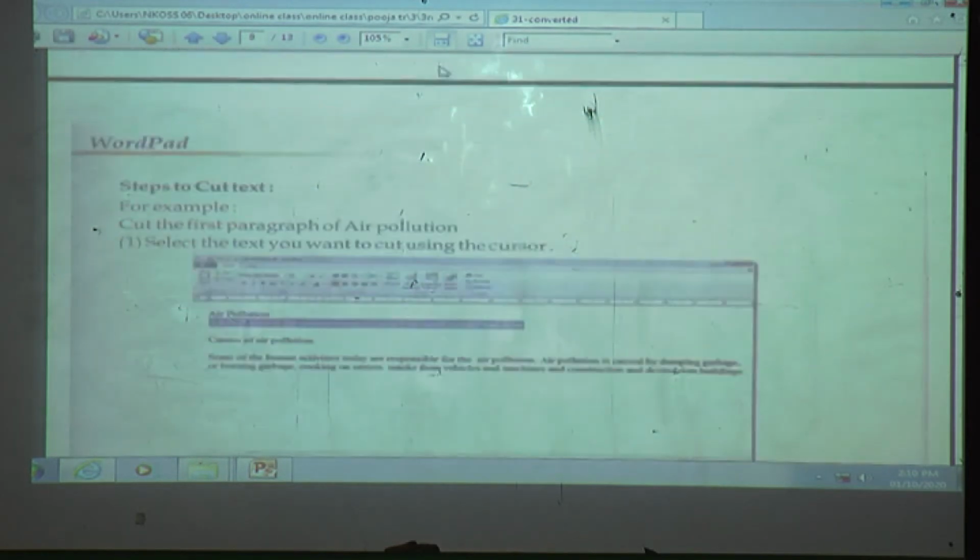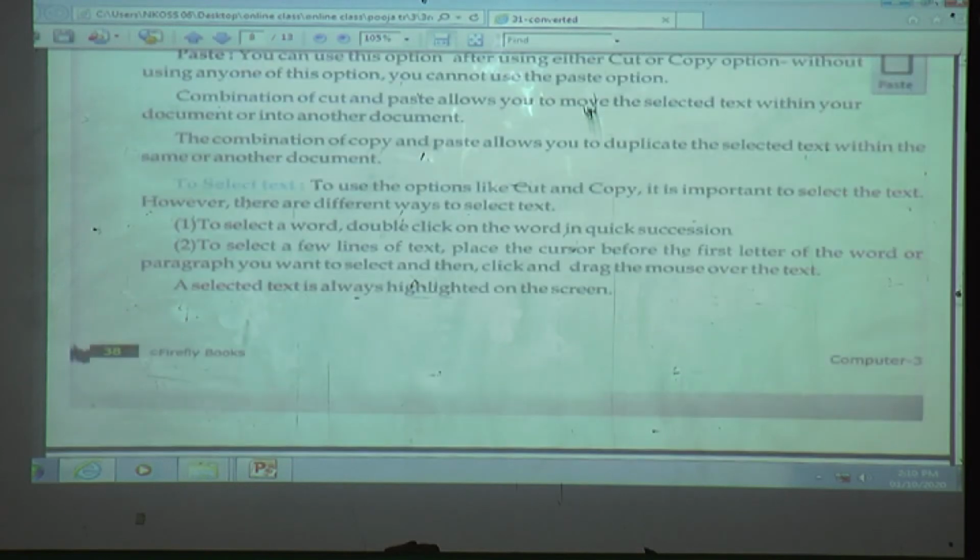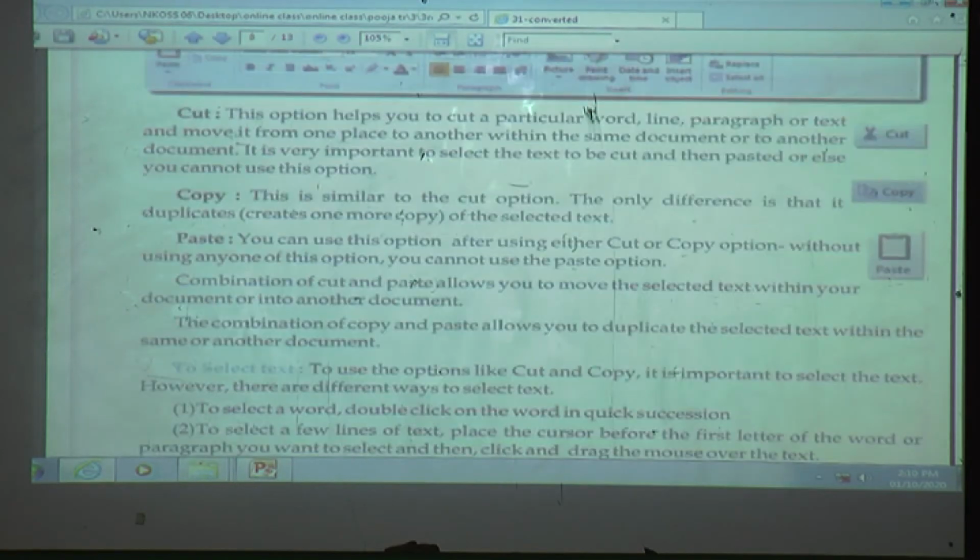Now we will see the next part. Open page number 38, up to home menu, up to here finished. What is the use of copy, what is the use of cut and what is the use of paste? The combination of cut and paste means what? Cut and paste means move.